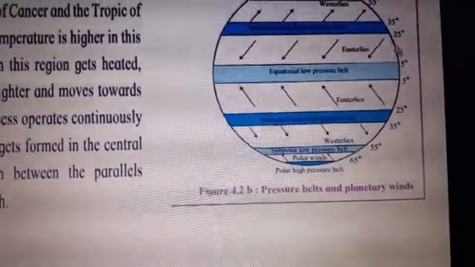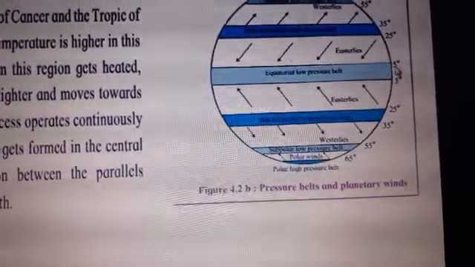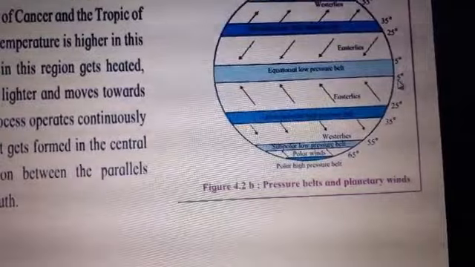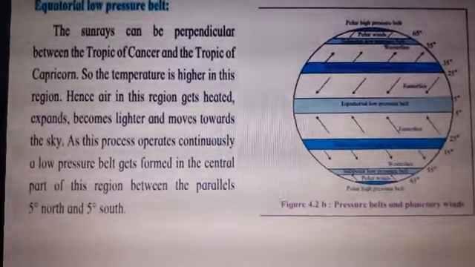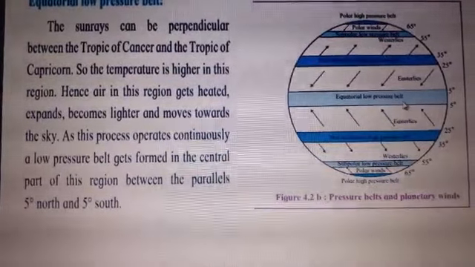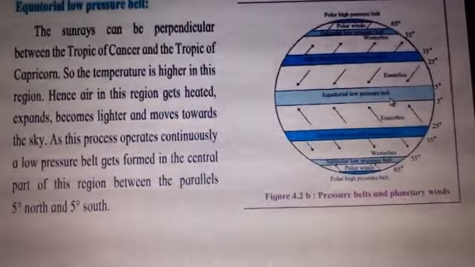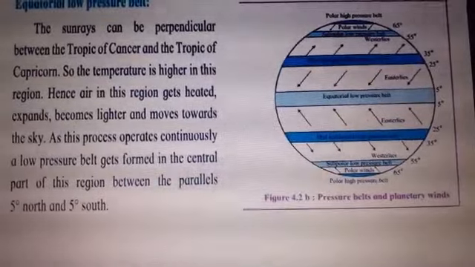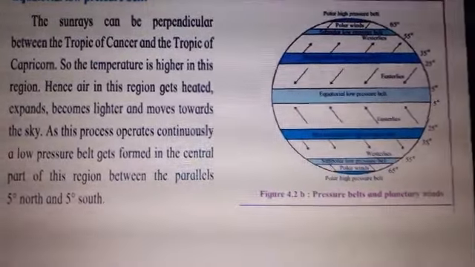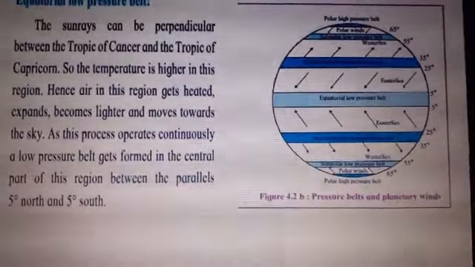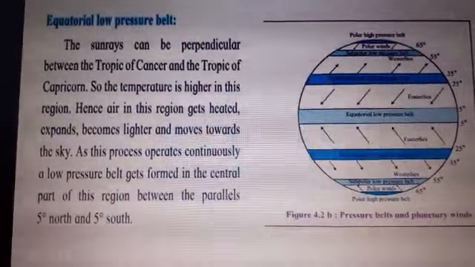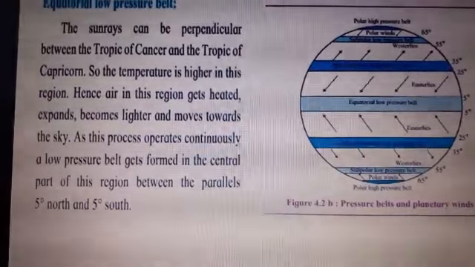that is the 5 degree parallels in both the hemispheres, north and the south. So this is the equatorial low pressure belt. Understood why low pressure is created? Because temperature is high, children. If temperature is high, air pressure will be low. This goes on in the vice versa condition. So we have the first equatorial low pressure belt.